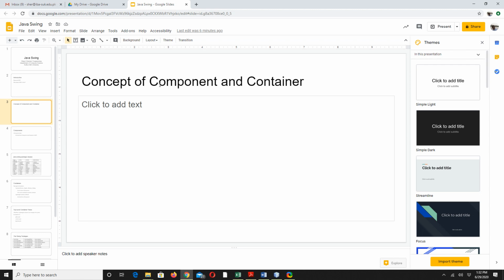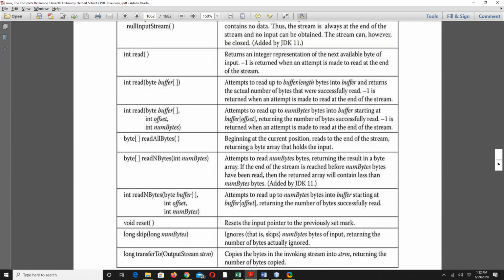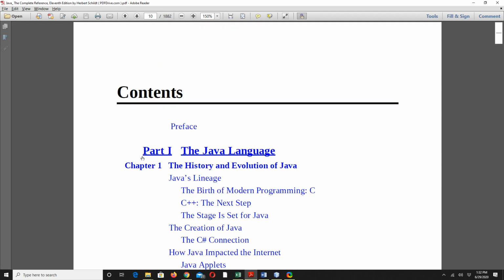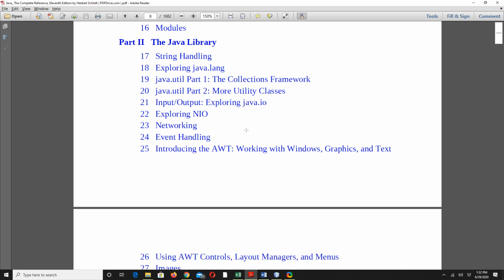Before coming to the concept of component and container, I would like to reinforce that although if you open the book, the next chapter after event handling is AWT. The last chapter that we covered was event handling.